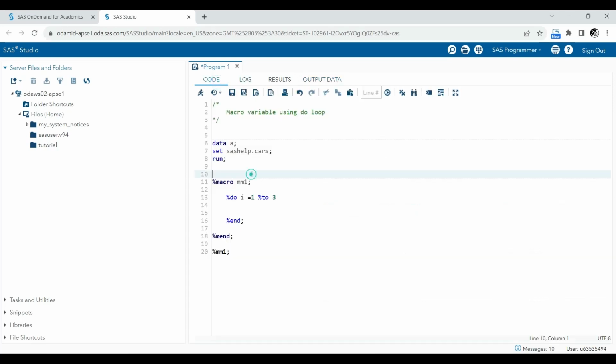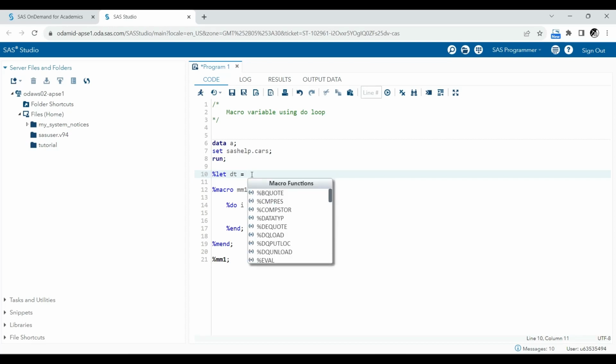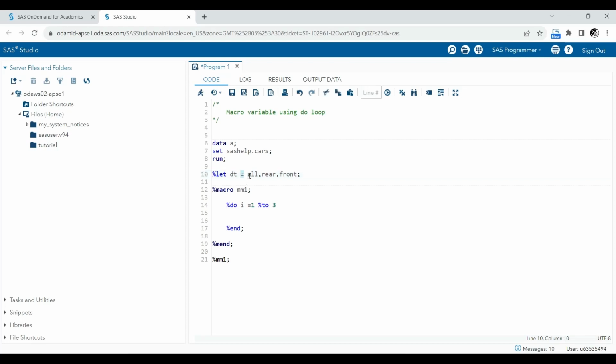First I'll create a macro variable, let's say dt, in which I'll write the three values: All, Rear, Front. Since my requirement says that I need to create three different data sets, all, rear and front,